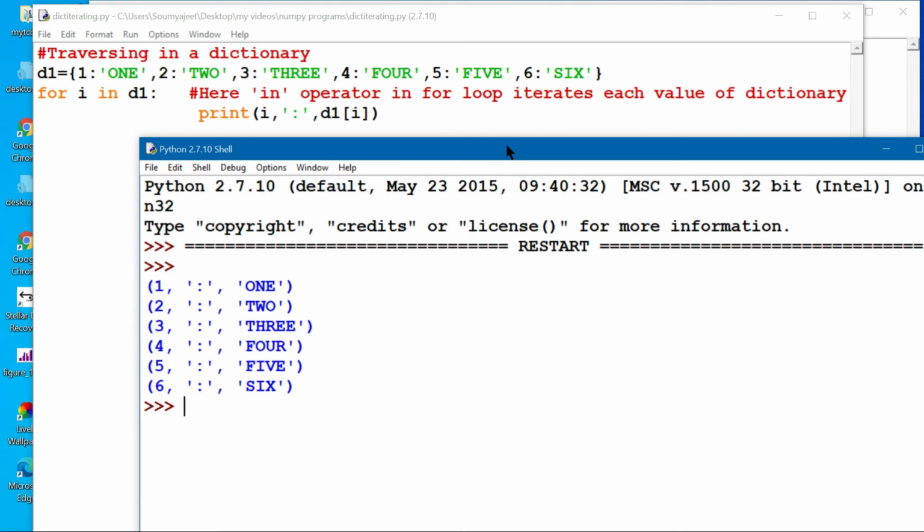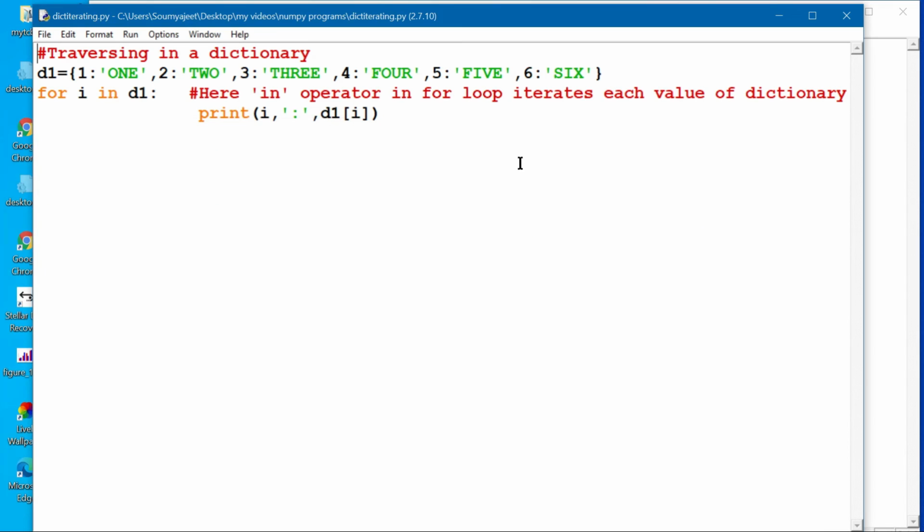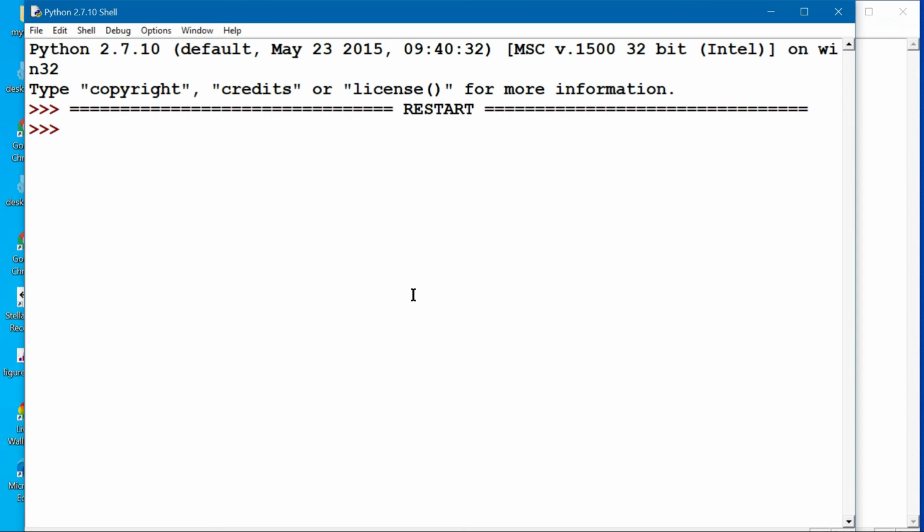Okay, so what you have to do is, you need to manipulate it in such a way that you will be able to work with it, otherwise it can cause problems for you. All right, so this is a simple mode of iteration, for I in D1, that is the dictionary, and it is executing as long as the items of the dictionary exist. So this is also a similar thing. Another execution you can also see out here. So this is what the program says.